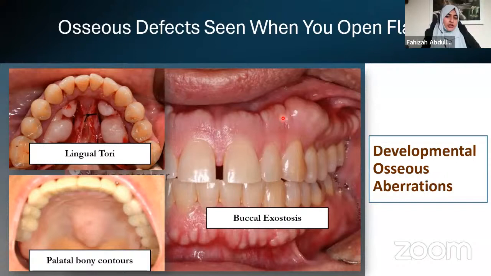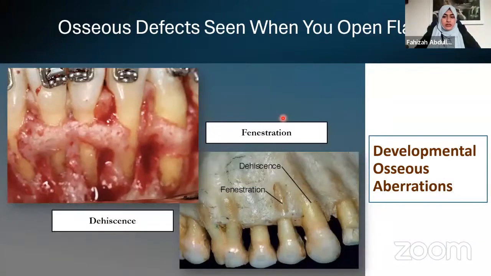Then we have the lingual tori, where the tongue is coming in between and the patient is not able to maintain oral hygiene. We'll have to remove that as well. And of course, the palatal bony contours as well, palatal exostosis. Then coming to the other developmental defects, fenestration and dehiscence. So fenestration is an osseous defect where the marginal bone is intact, but you can see